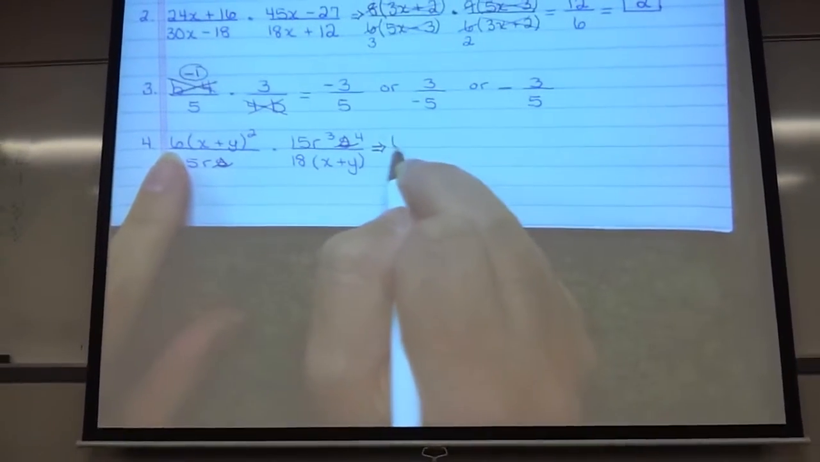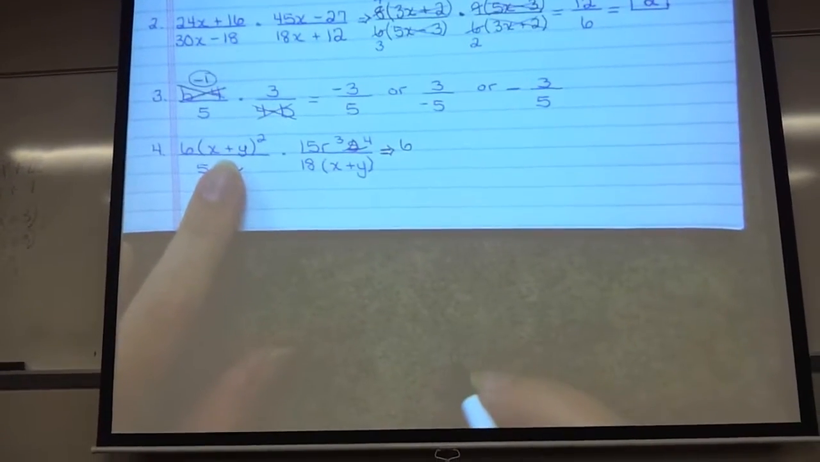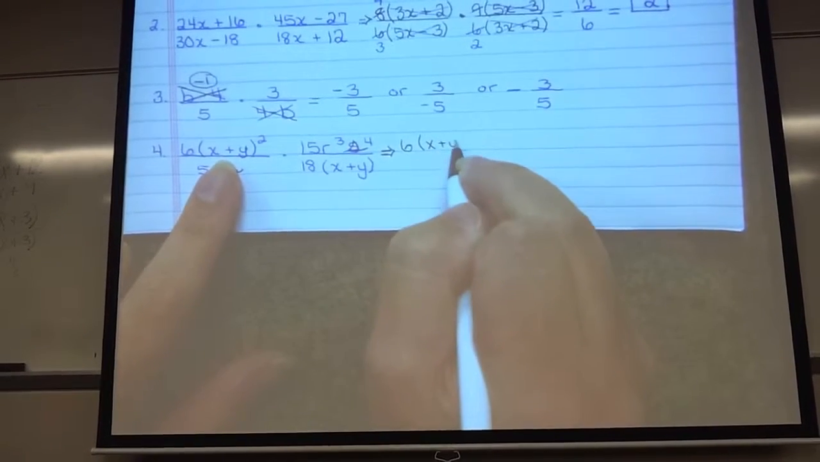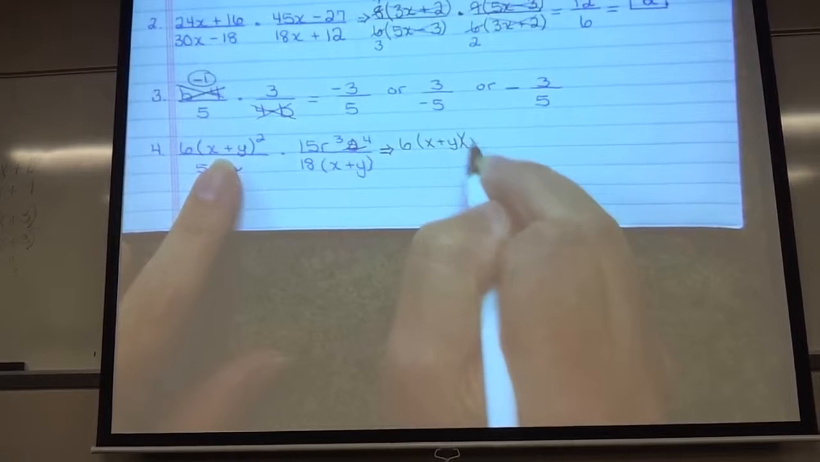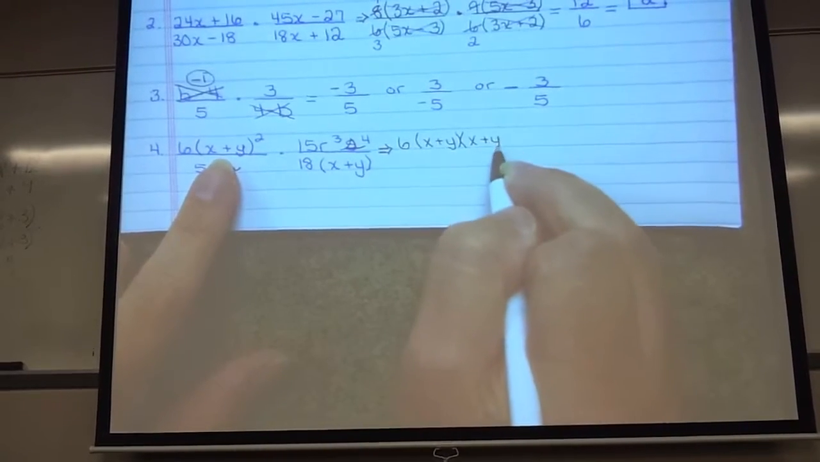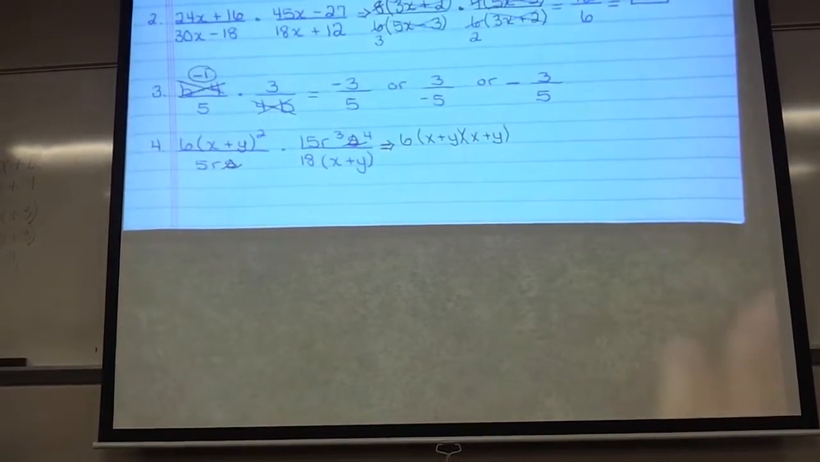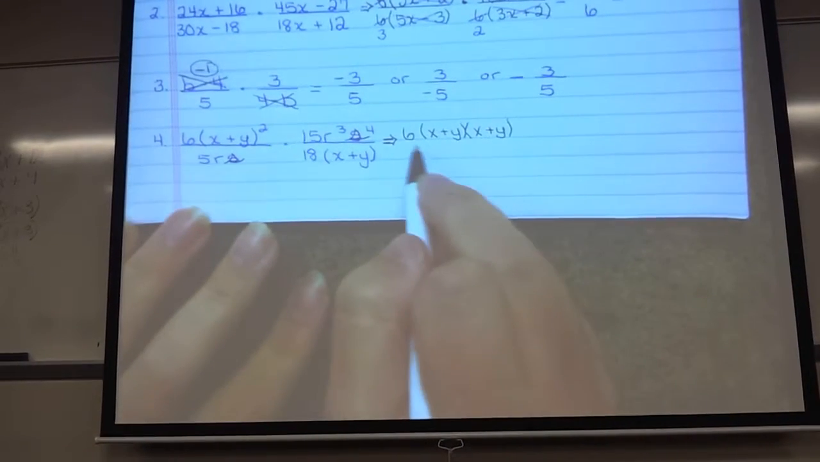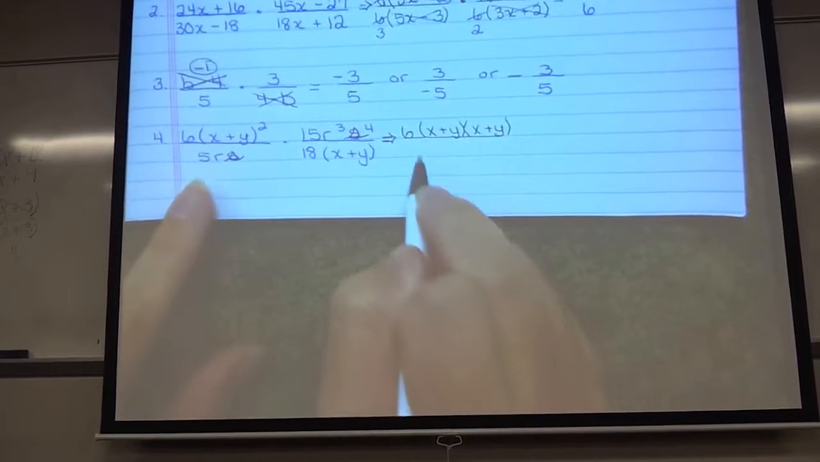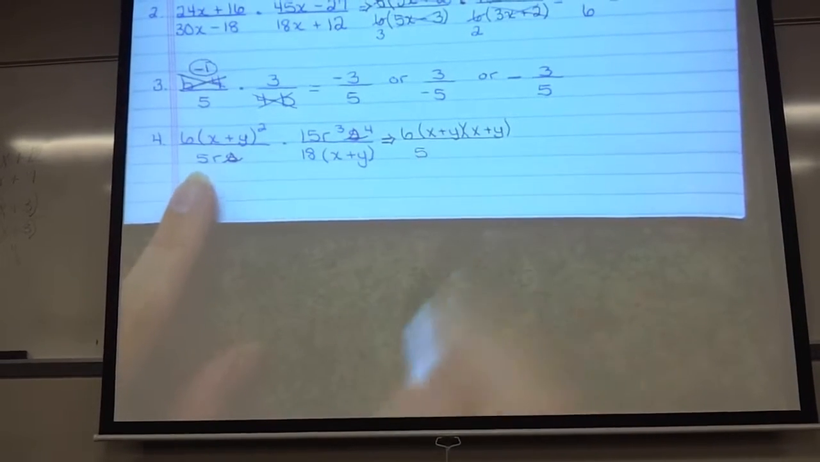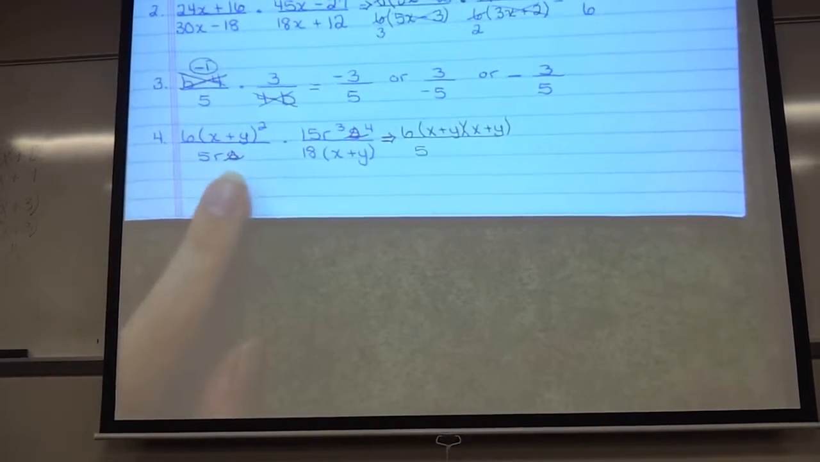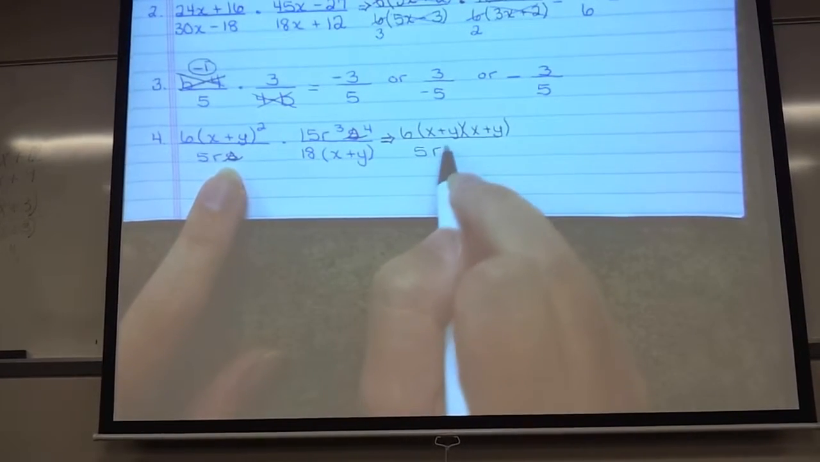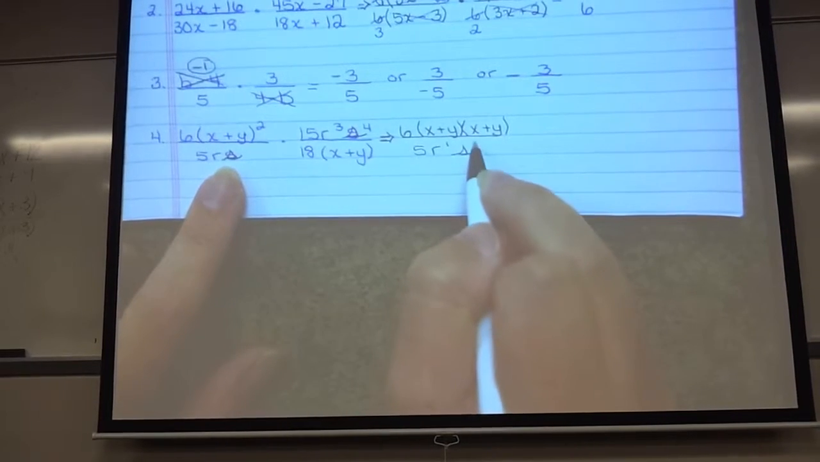Here, I've got a 6. The x plus y squared, remember that just means you have 2 of them. X plus y. X plus y. If it's x plus y to the 4th, it just means you have 4 of them. So I just like to kind of expand it so you can see that. All over 5. And then I want to make sure everything has an exponent. What would be the exponent on the r and s? 1. So r to the 1, s to the 1